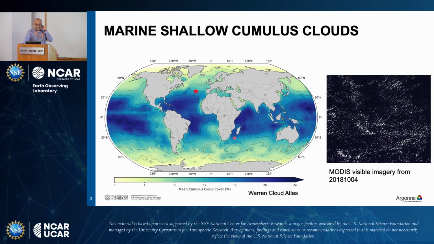The second thing to note is that the site from which we are using the data is located at this star here, which is exactly at the transition zone. So you sometimes get stratiform clouds coming from the north, or you get these shallow cumulus clouds in southerly wind conditions, or largely southerly wind conditions. On the right-hand side, I'm showing you visual satellite imagery from one of our cases from MODIS. And you can see these clouds as white cotton balls over this dark ocean.